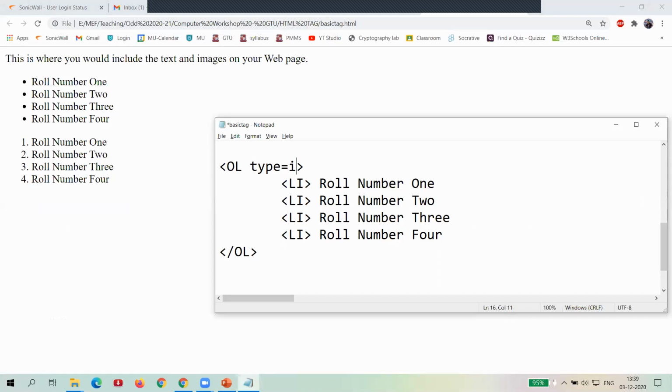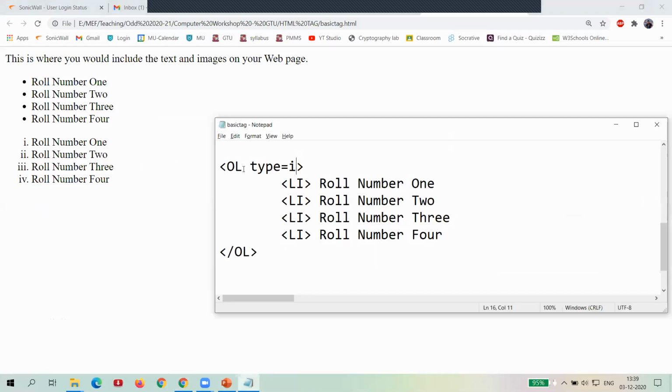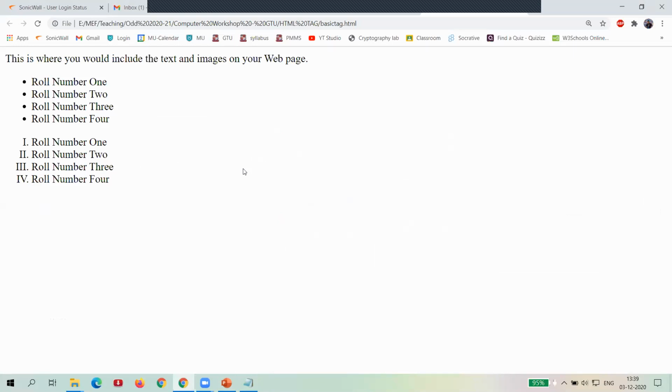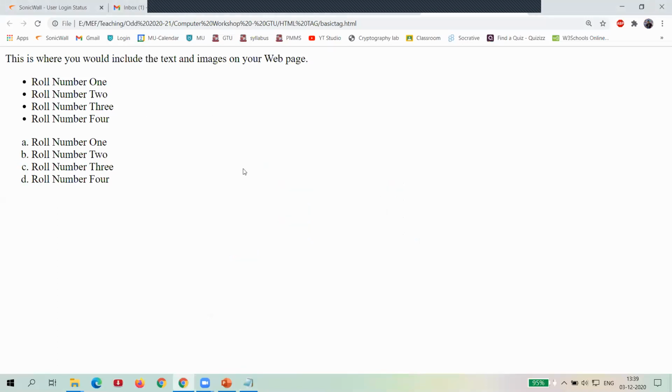Like type equal to small i. Now you can see the output. It generated a Roman number with small letters. Same way with capital I, you can see it generated capital letters with Roman numerals. Same way with small a, you can see it is a sequence of small alphabets.